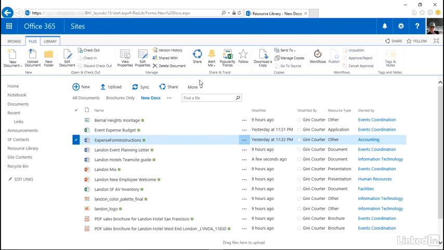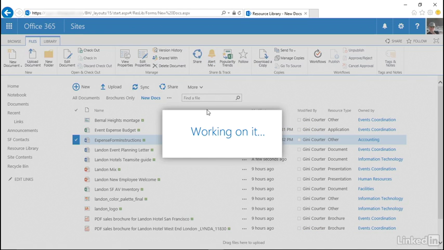In the next section, Share and Track, I have access to social networking features in SharePoint. I can share a document. I can also ask to get alerts whenever this document changes. So if I need to know if a document's being modified, perhaps a group of us are working on the budget and I want to know when it's been changed, I'd like to have information about it, I can set an alert on this specific document and either get email information or get texts on my phone when the document